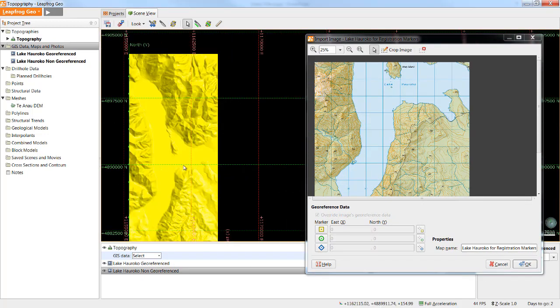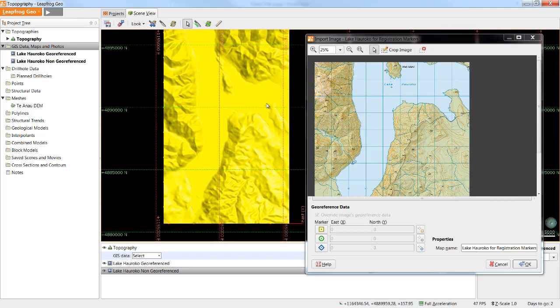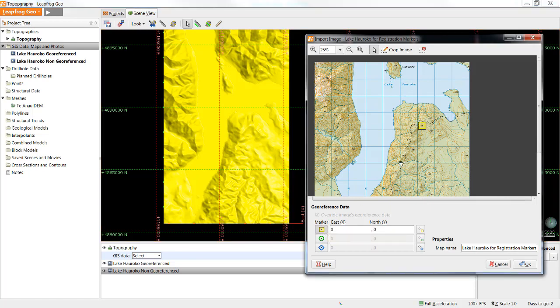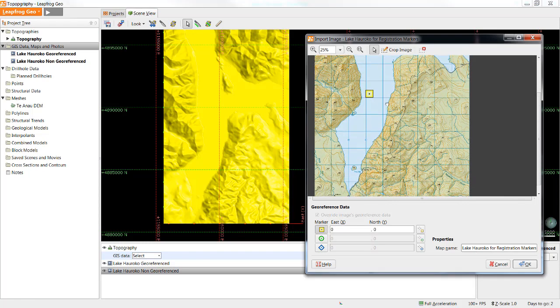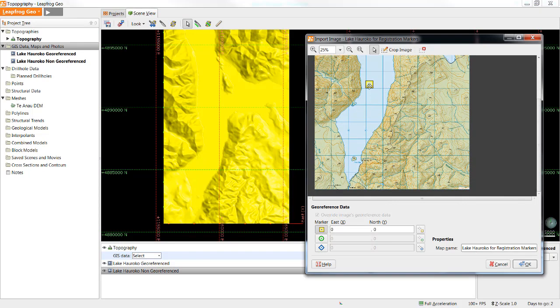I will arrange my screen such that I can see my topography on one side and the image I wish to register on the other. I'll activate the marker as I did before by selecting the marker and then moving it to an identifiable place on the image. In this case, we can see there is the narrow point at the end of the lake in the image, and we can also see that narrow point at the end of the lake in our topography